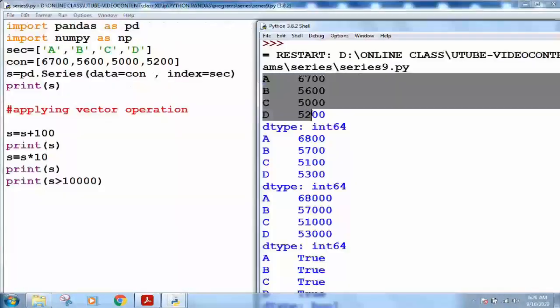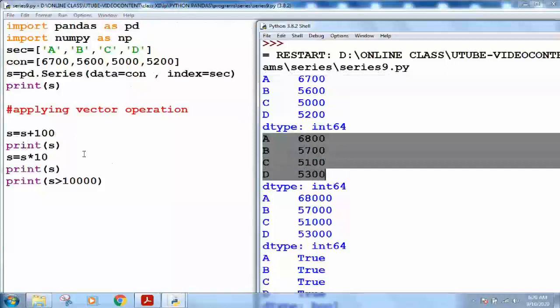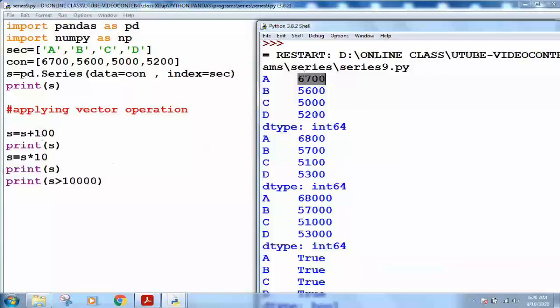If you go through this code, this is your series. Now if I write s is equal to s plus 100, it means each element of the series will be increased by 100. Series 67, this is 68, and so on. B, C, D are also increased.